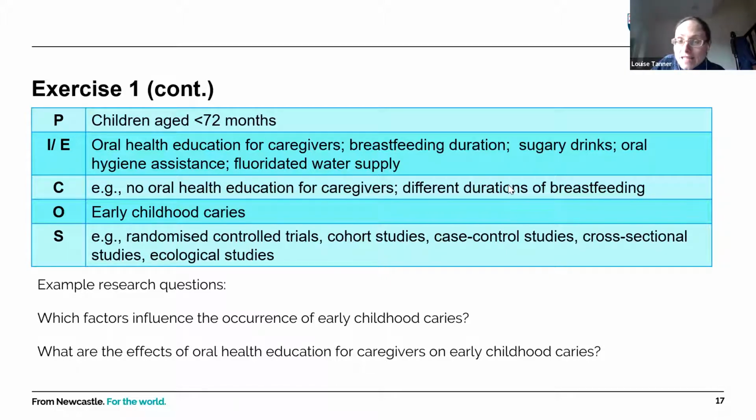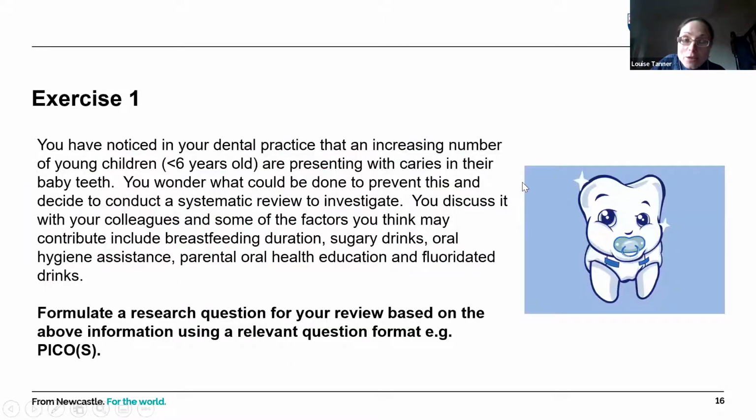So just to give some context, this question relates to a review that I undertook, and we were looking at risk factors which increase and factors which decrease the risk of dental caries. So we were looking at a broad range of factors, but we sectioned up the review to focus on specific factors. So it's possible that you could undertake a systematic review focusing on an individual factor, such as a dental health program, as was mentioned by somebody who provided some feedback, or you could look at a range of factors and keep the intervention quite broad and not focus on a specific factor.